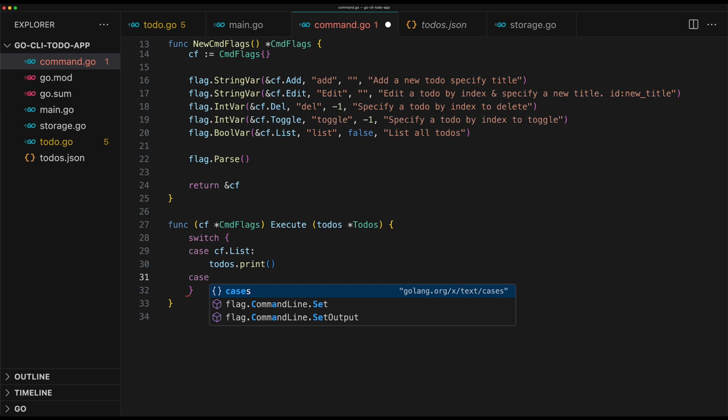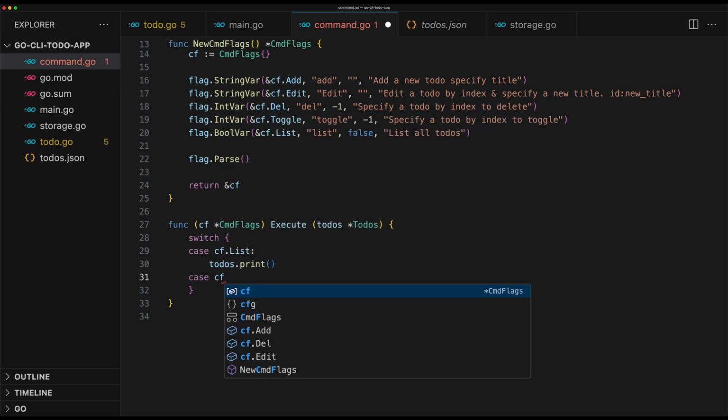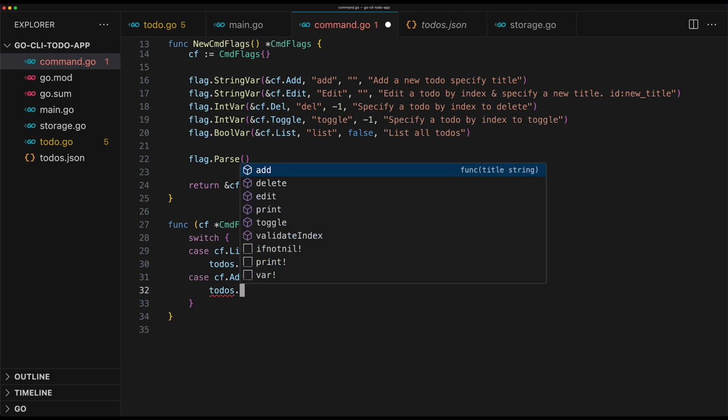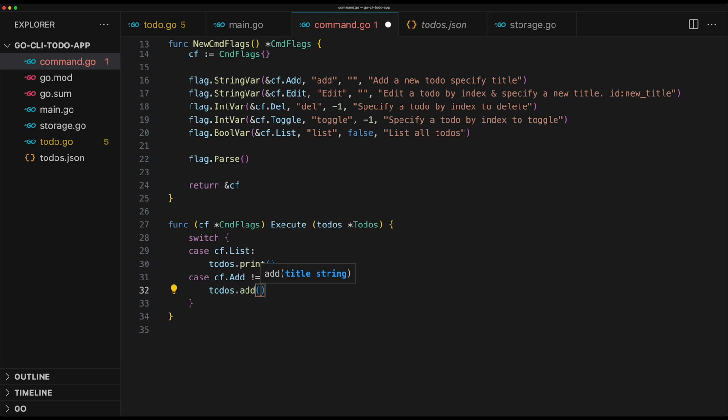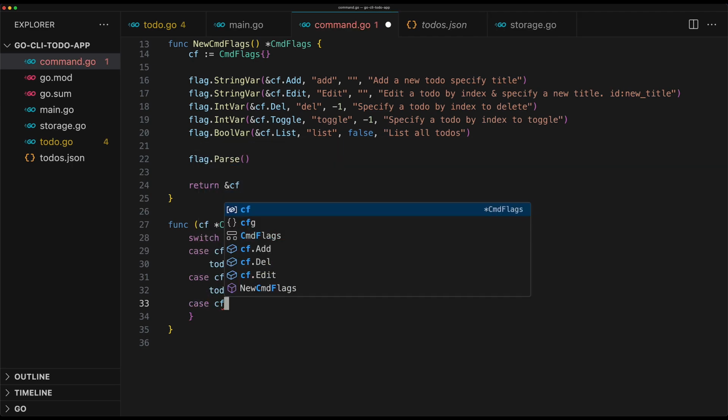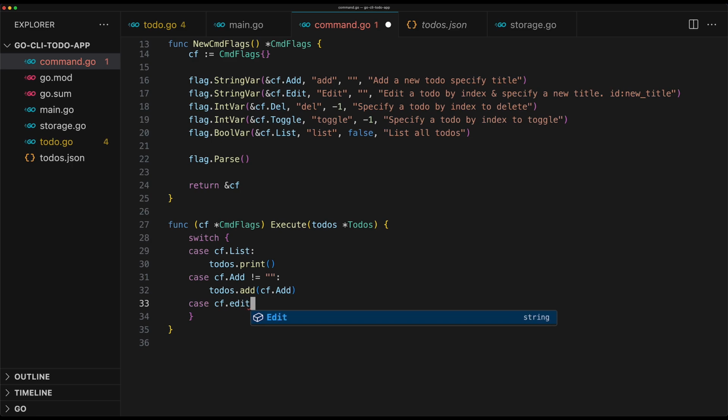So in case the add argument is not an empty string, we want to call todos.add and supply the title. Next, we add a case for the edit. If it's not equal to an empty string,